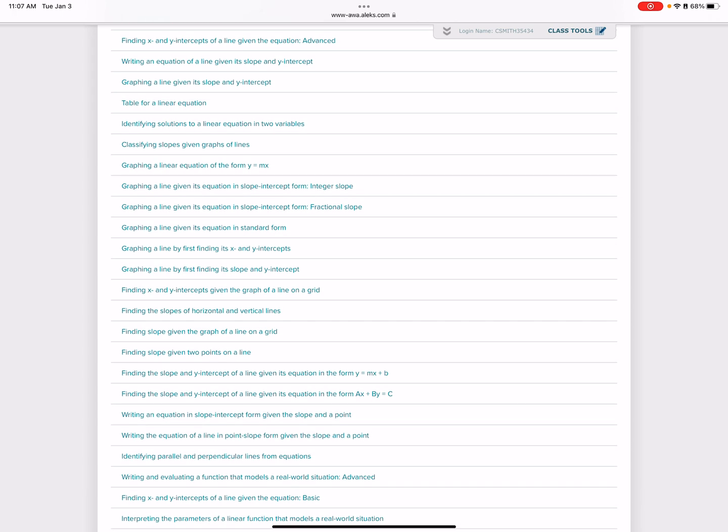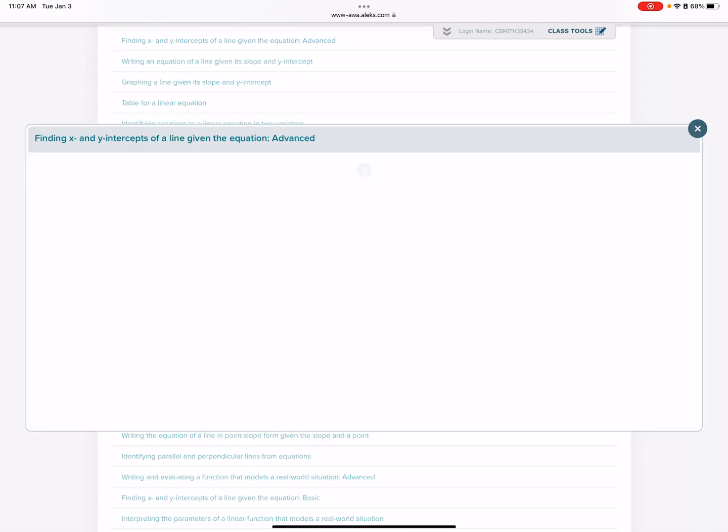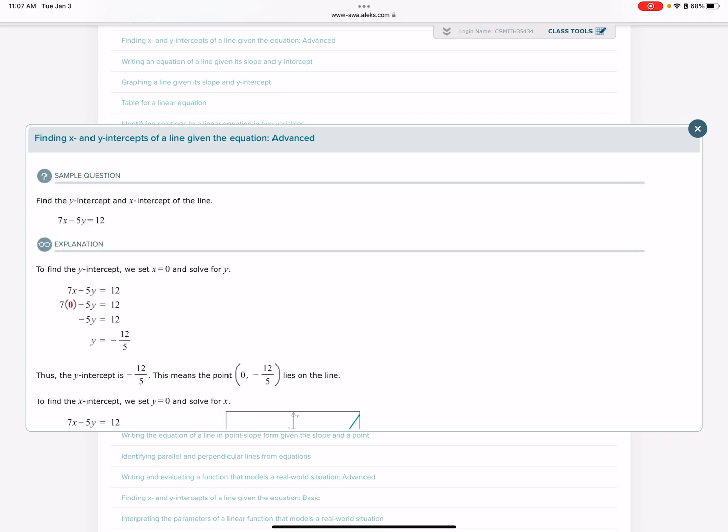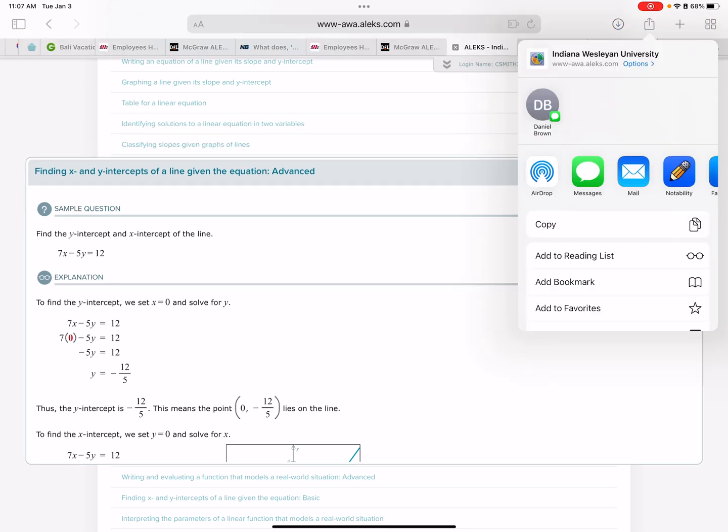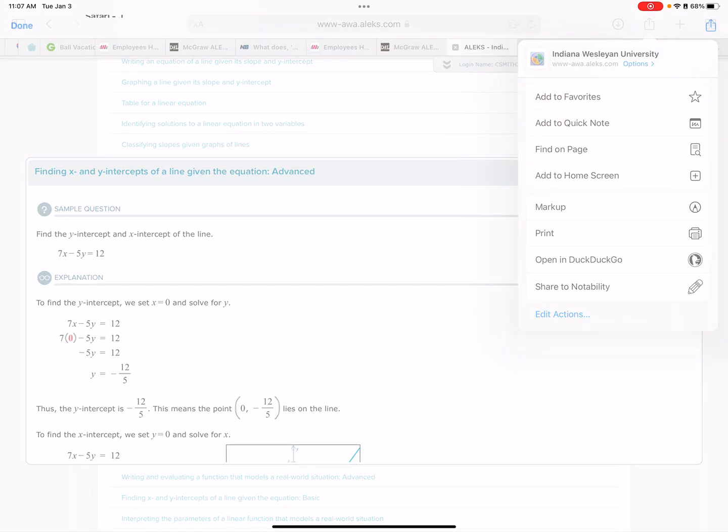Finding x and y intercepts of a line given the equation. So find the y-intercept and x-intercept of this line. All right, so basically, let's talk about what that means. What is an x-intercept? What is a y-intercept? What does that mean? Well, an x-intercept,